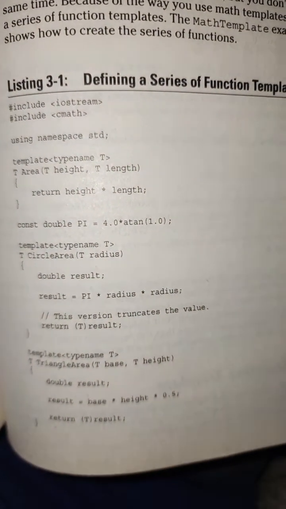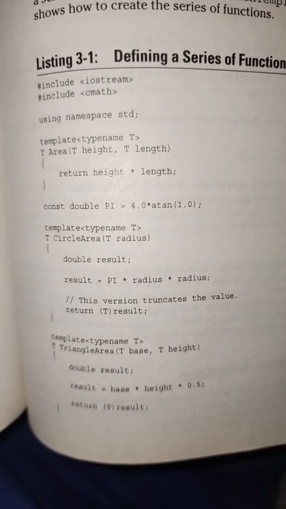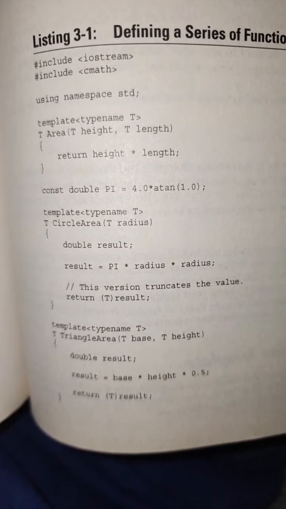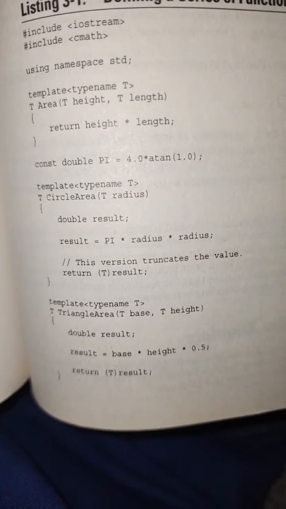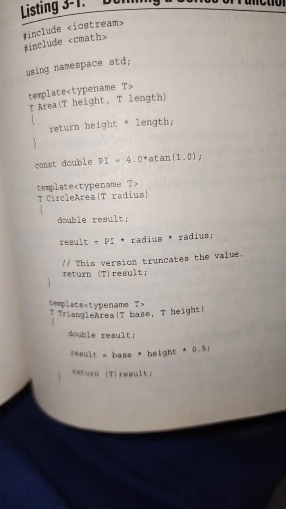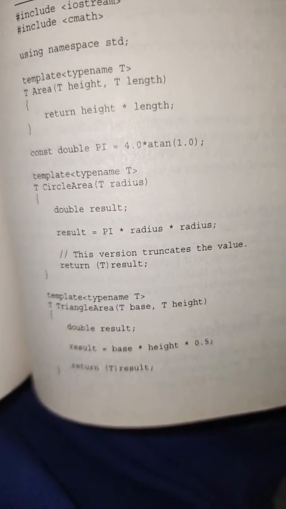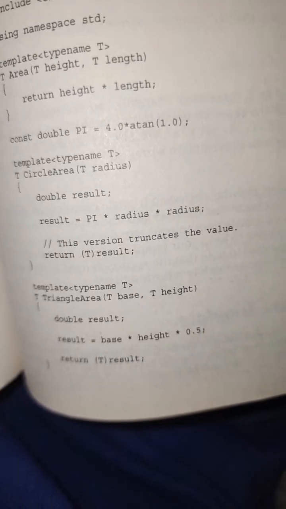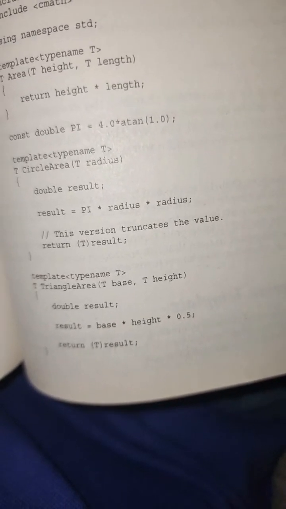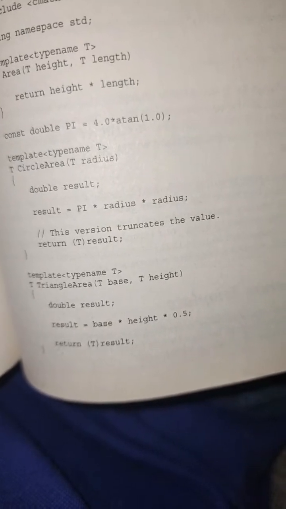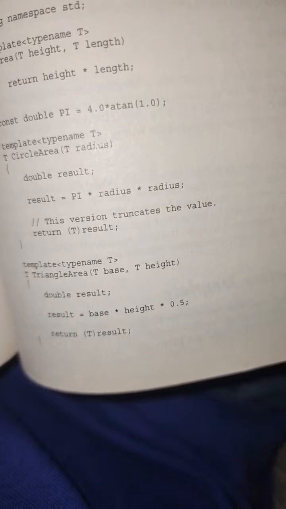Listing 3-1, defining a series of function templates. #include <iostream>, #include <cmath>, using namespace std; template <typename T> T Area(T height, T length) { return height * length; } const double pi = 4.0 * tan(1.0); template <typename T> T CircleArea(T radius) { double result = pi * radius * radius; // This version truncates the value. return (T)result; } template <typename T> T TriangleArea(T base, T height) { double result = base * height * 0.5; return (T)result; }